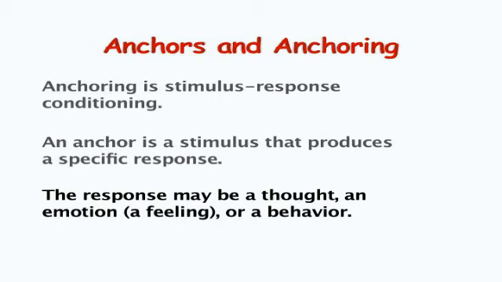Anchors can occur in every sensory system. Visual anchors are things you see that encourage a specific response. If you meet someone in a social context, for example, seeing an extended hand typically produces hand-shaking behavior. If you are driving, seeing a stoplight or stop sign typically produces stopping behavior.